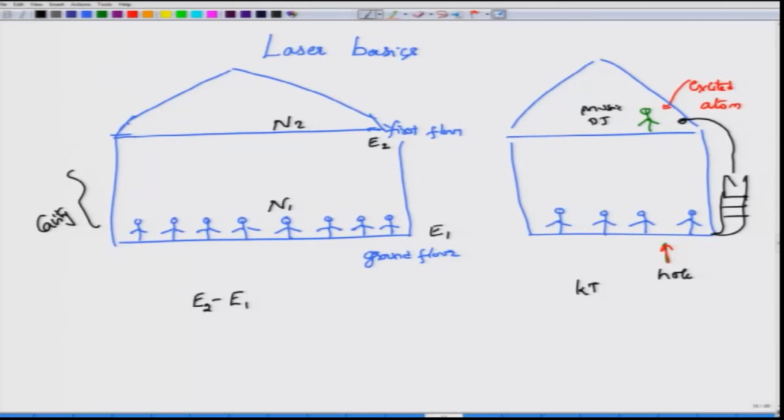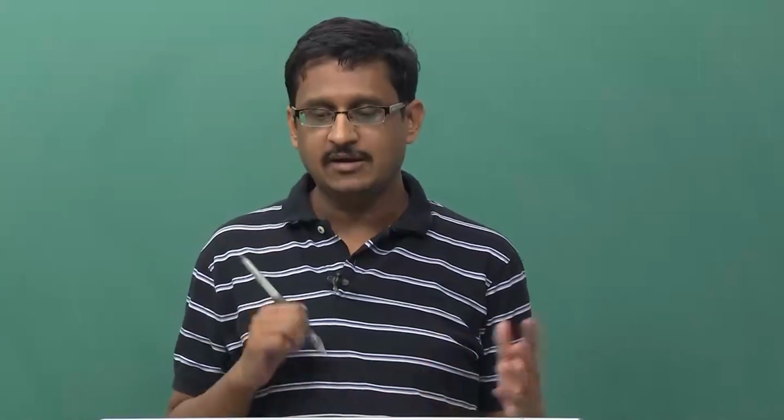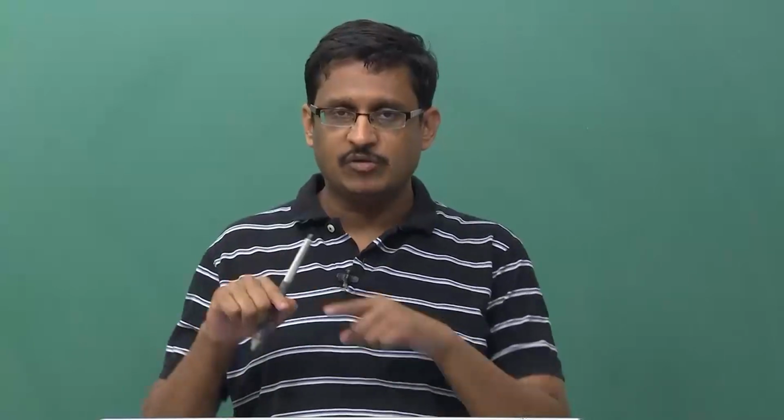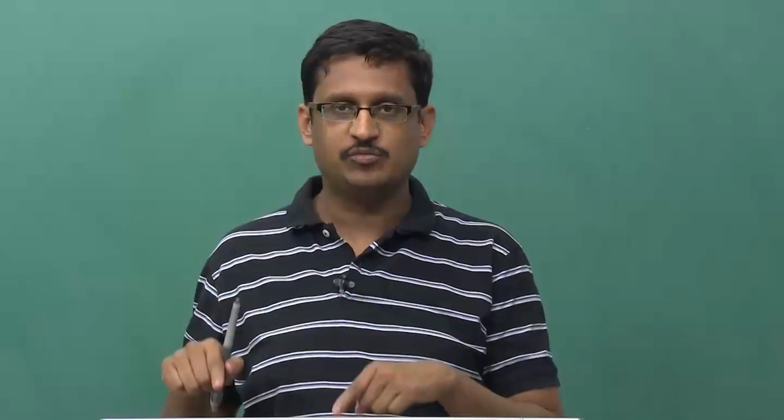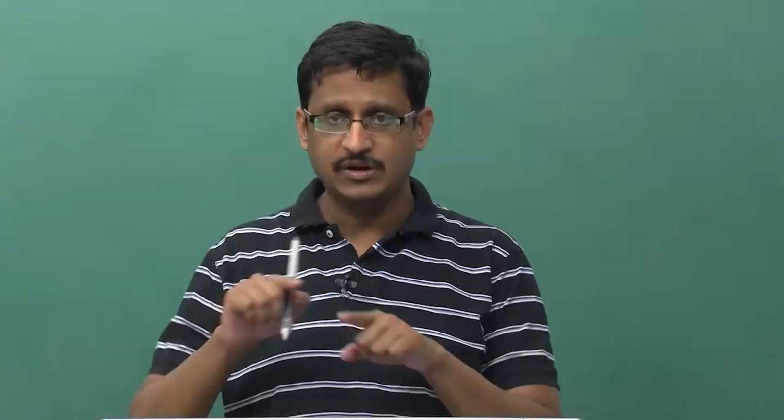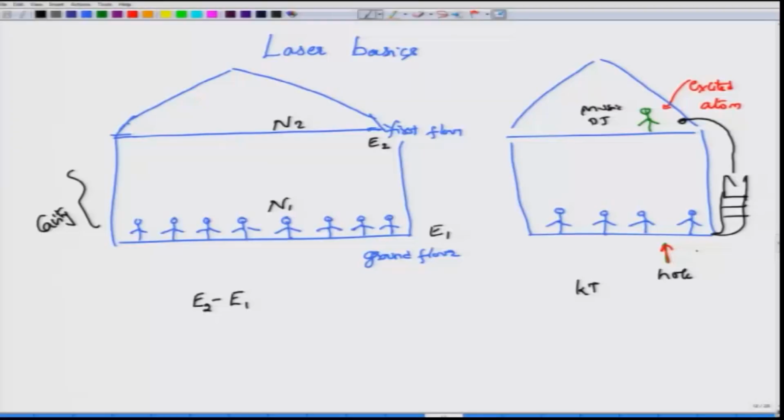So, in the party scenario, this is analogous to someone being excited by the presence of music or a DJ and then taking the steps to go from the ground floor to the first floor and enjoy the music out there. Okay. But when a person leaves the ground floor for the first floor, they create an empty or vacant space on the ground floor, and this vacant space is what we call a hole. Okay. So, a hole has been left.